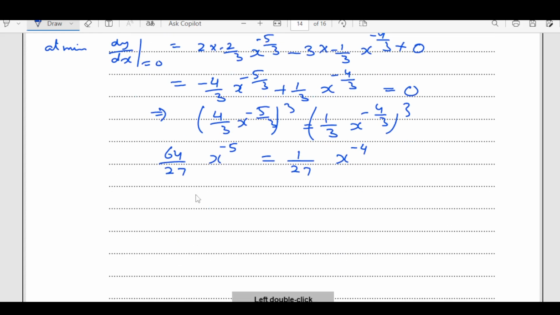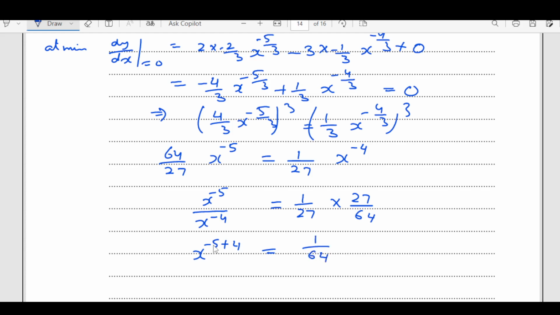So now here, x to the power of minus 5 over x to the power of minus 4. I am bringing this side here, 1 over 27 times this will be 27 over 64, right? So this is going to be x to the power of minus 5 plus 4, this is 1 over 64. 27 is cancelled, or